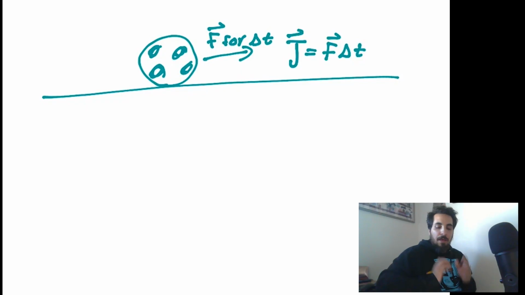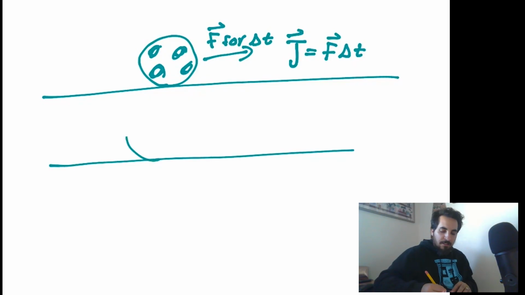So we can map out the impulse as F delta t. And this tells us our change in momentum. We'll get more to that in a second. But if we had a second soccer ball,